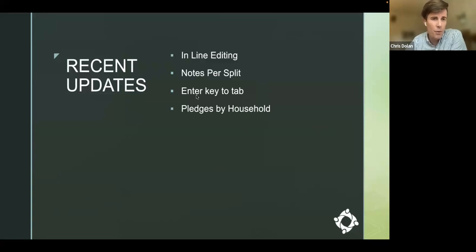Pledges: when we first rolled out the new pledge management page, it was not grouping things by household if you're a joint giver. Now that is happening. So we updated, and some of the numbers have changed on the pledge reporting page so that they report based on household. If you're using that, you can check that out. The pledge fulfillment report, we heard, was a little harder to find where we moved it, so we added it back where it used to be. On the fund management page, you can now find the pledge fulfillment page.